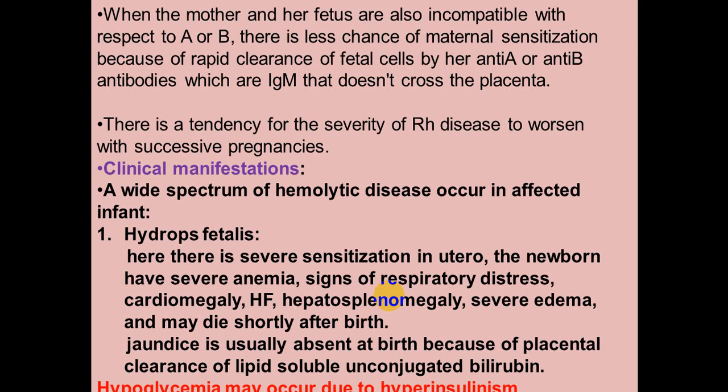We should know that the tendency for the severity of the RH isoimmunization is to worsen with successive pregnancies. كلما تقدمت الأمين بالبريجنسيز الحمل الأول الثاني الثالث الرابع وهكذا there is increase. طبعا إذا ما ماخذة هي الأنتي دي جلوبولين there will be increase in the severity of the RH disease with the successive pregnancies. And regarding the clinical presentation, it may be presented with severe presentation like hydrops fetalis,